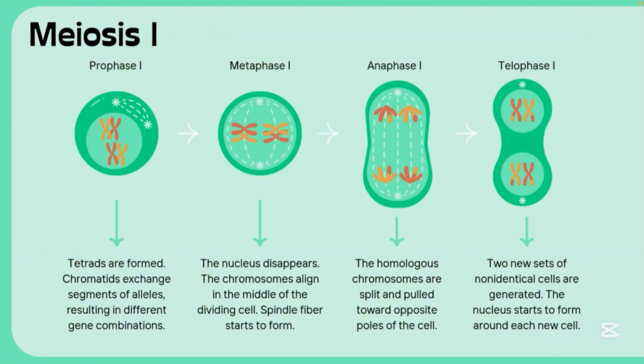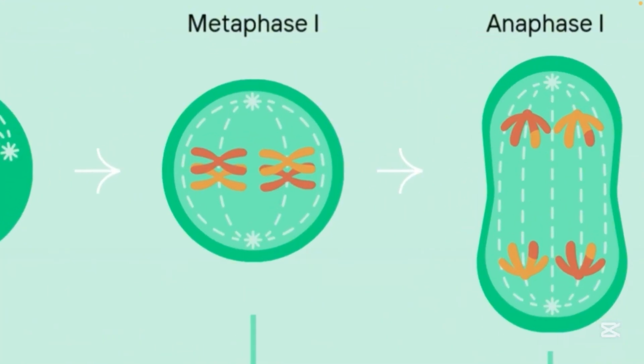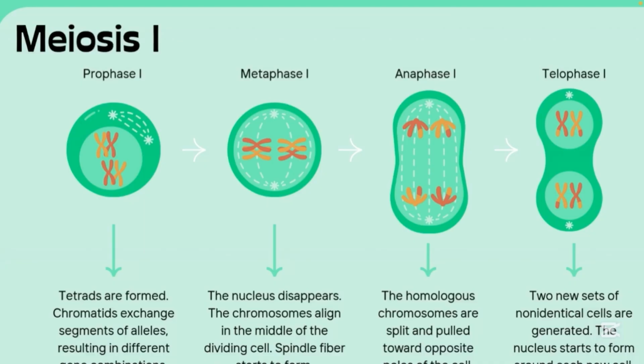Each chromosome from a pair, one from the mother and one from the father, can align on either side of the metaphase plate. This is known as the metaphase plate, and the genes are completely randomly scattered over there. This means that the combination of the chromosomes that get separated into different gametes is completely random, and that's why the babies which are produced are not similar to each other, except for twins.